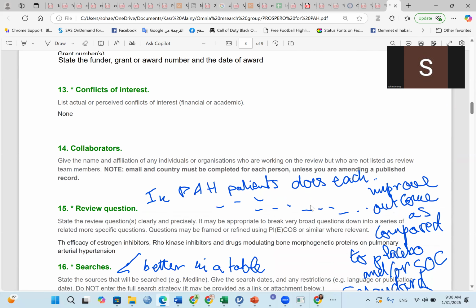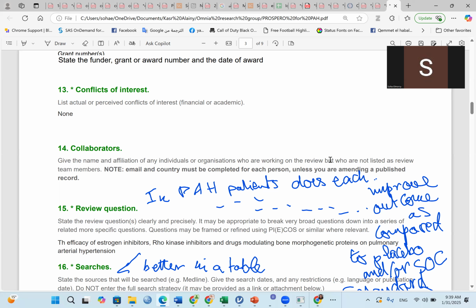Then you say whether there are conflicts of interest. What can be a conflict of interest in performing a review? Let's say you are working for a certain pharmaceutical company or medical device company, and you decide to make a systematic review that involves one of the products. This will constitute a conflict of interest, or a potential conflict of interest. So here you say whether there are any potential conflicts of interest. By the way, working in a company and doing a systematic review about the product from the same company is not something prohibited. You can do that, but